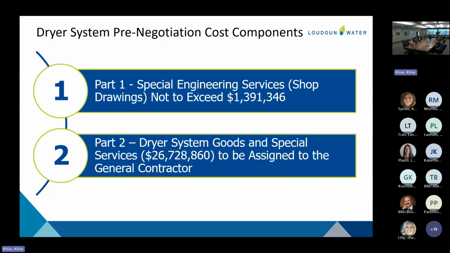And I haven't said it yet, but what we would be buying for part 2, these dryers are measured in terms of water evaporated. We'd be buying the DDS 60 system by Andritz. That means it can evaporate 6,000 kilograms of water per hour, which equates to 13,200 pounds per hour. So that's the capacity or the rating of this system. Okay.